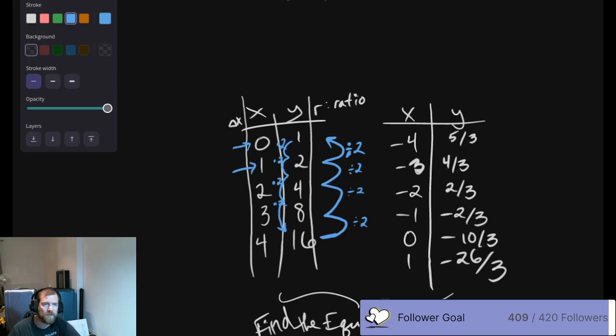So how does the x value then determine the y value for this one? Again, fairly easy. We're just saying, okay, y is going to be equal to 2 raised to the xth power. So 2 to the 0th power is 1, 2 to the 1st is 2, 2 to the 2nd is 4, 2 to the 3 is 8, 2 to the 4 is 16. Because that means we're doing 2 times 2 times 2 times 2, which is 4 times 4, which is 16.